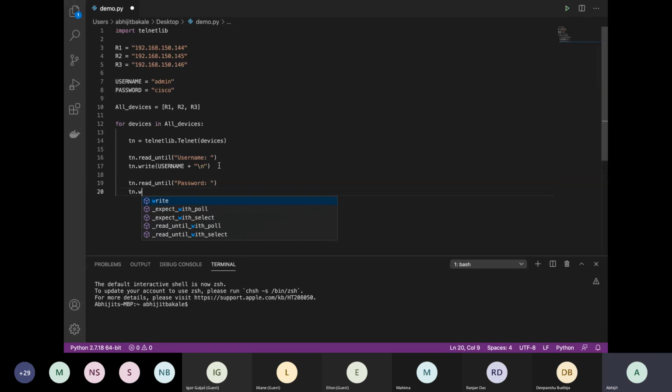And then we say tn.write and call our password variable, in which we have stored the password. Along with that, we also need to hit the enter button, so \n. In programming languages, we use \n for new line, and it does the job of hitting the enter button. Then we can print out a message for ourselves: print "Telnet connection established successfully